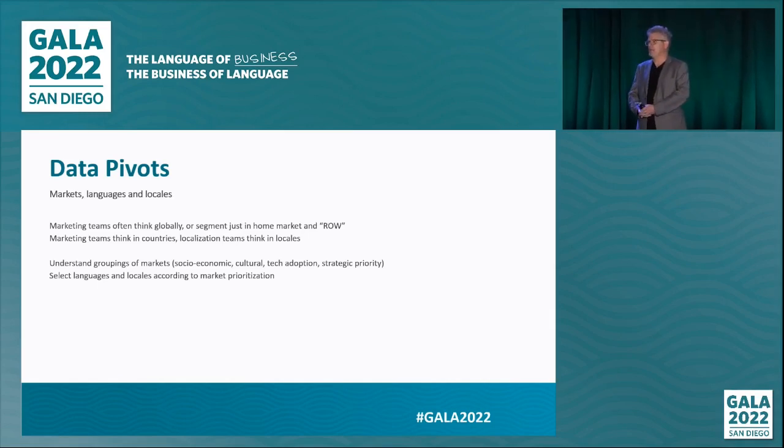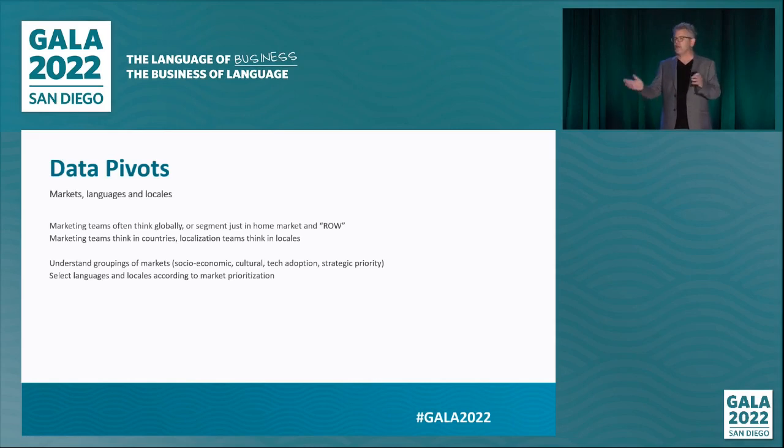For all these data in marketing and localization, marketing teams and localization teams often have a very different understanding. Marketing teams think about markets mostly as geographic entities. They might understand that there are some territories that they're selling to that might not be countries, but overall they probably mostly think about nation states. They also often think about their source market and then ROW, rest of the world. And